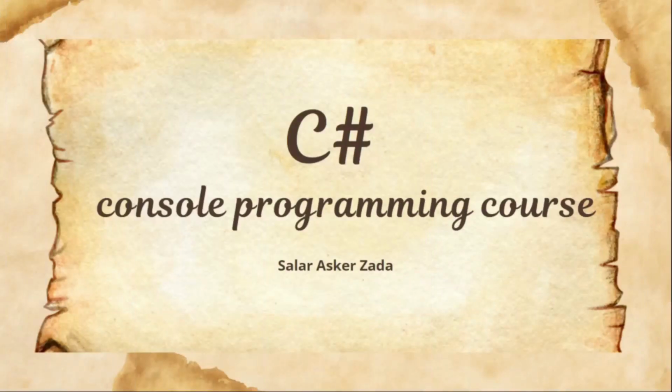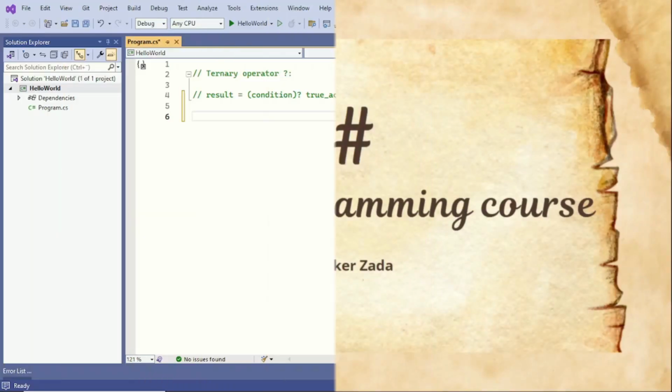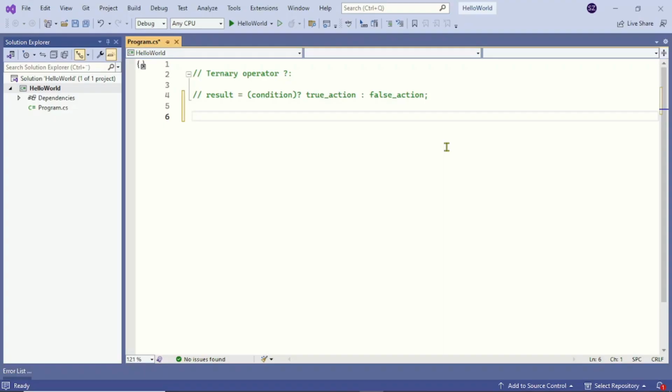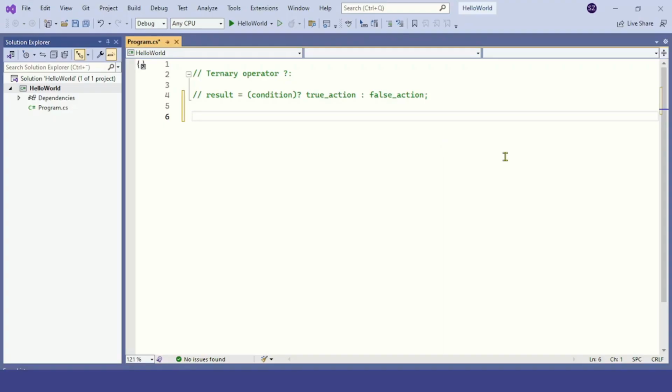You guys are learning C# in this exciting course. This is our lecture number 20 on the C# programming course. We have been discussing conditionals in the last couple of lectures, and I hope you now have a good understanding of if and switch statements. This lecture is also about making decisions in a program, but not using the if statements